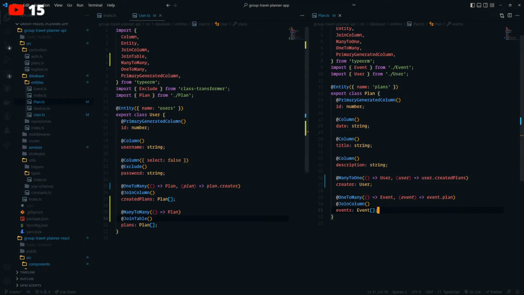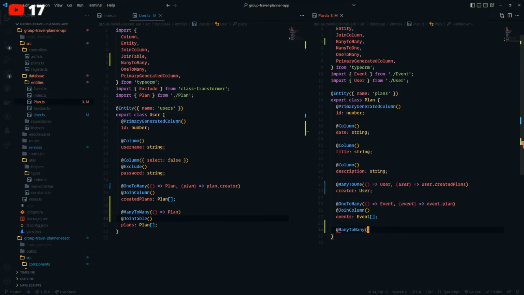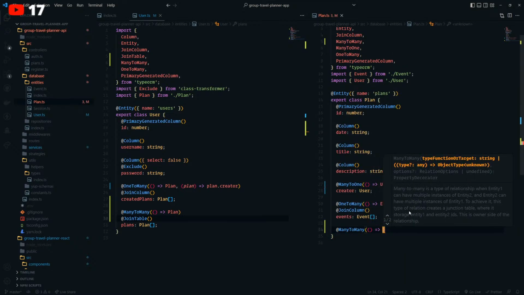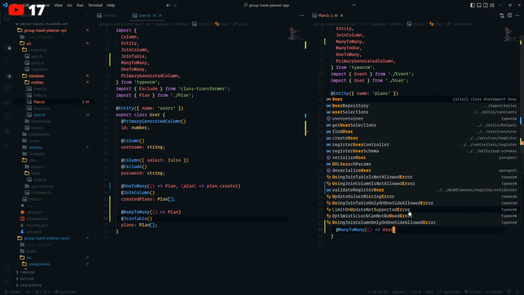All right, so we have the many-to-many relationship, and we need to set it up for. Maybe we don't actually. Do we need it on both? Well, actually, yeah, I think we need it on both because the plan needs. Yeah, we need it on both, 100%. So this is going to map to a user.